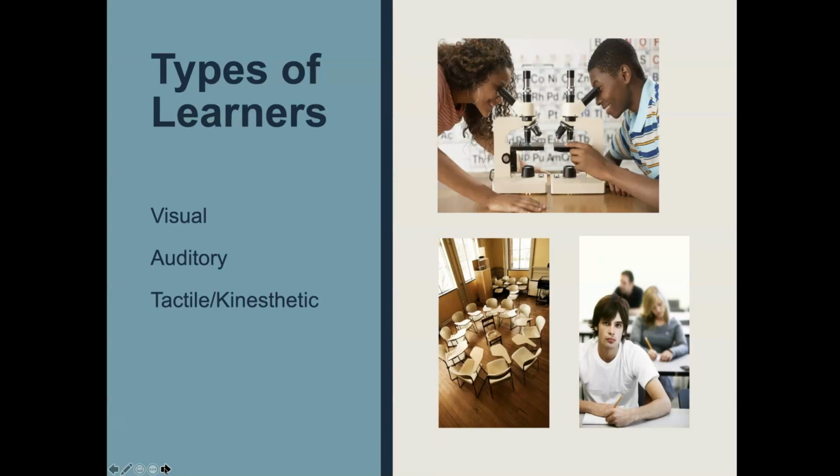There are different types of learners. There are visual learners, auditory learners, and tactile kinesthetic learners. We're going to talk about each of these individually, and I want you to remember that there can be combinations of these. You may be more of a visual learner in some subject areas, but an auditory learner in others. So as we go through each of these types, I want you to make sure you've got some paper and a pen so that you can be jotting down some things